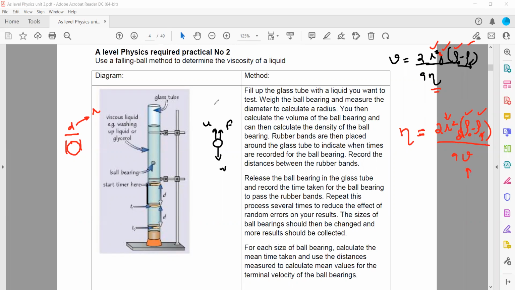How can we determine r? We'll use a micrometer or a vernier caliper. We'll find the diameter, and the diameter divided by 2 will give the radius. And how do we get the terminal velocity? To know the terminal velocity,